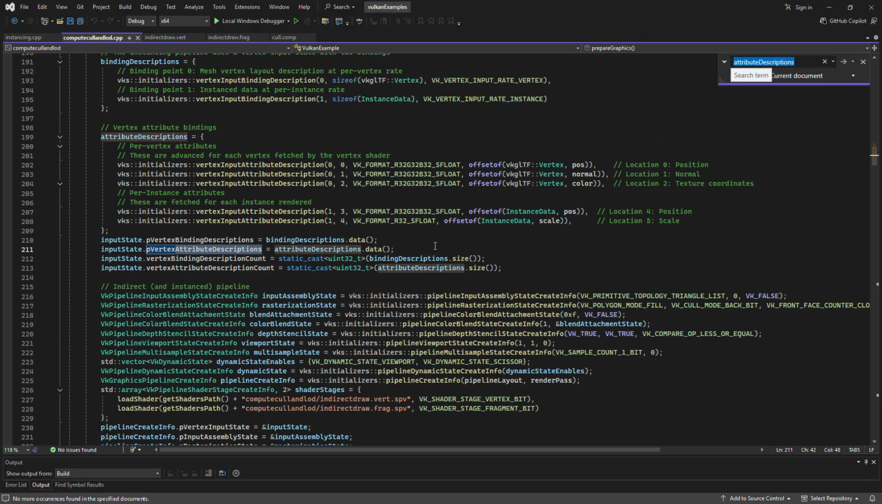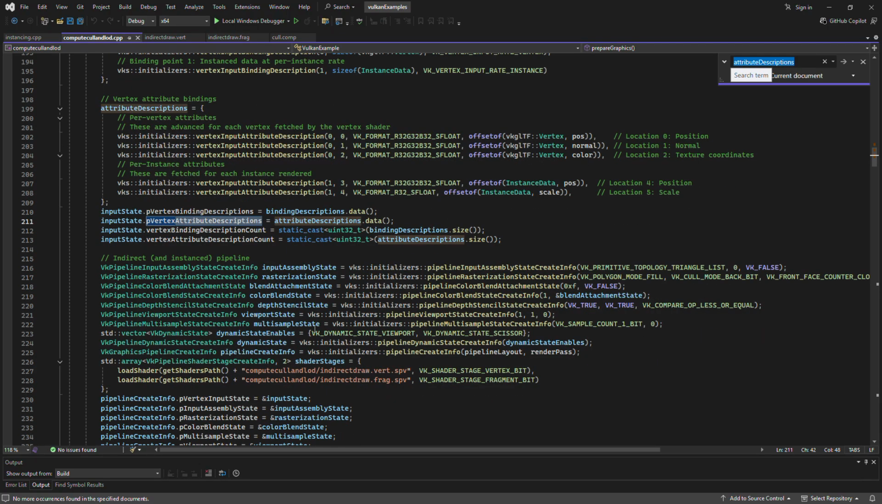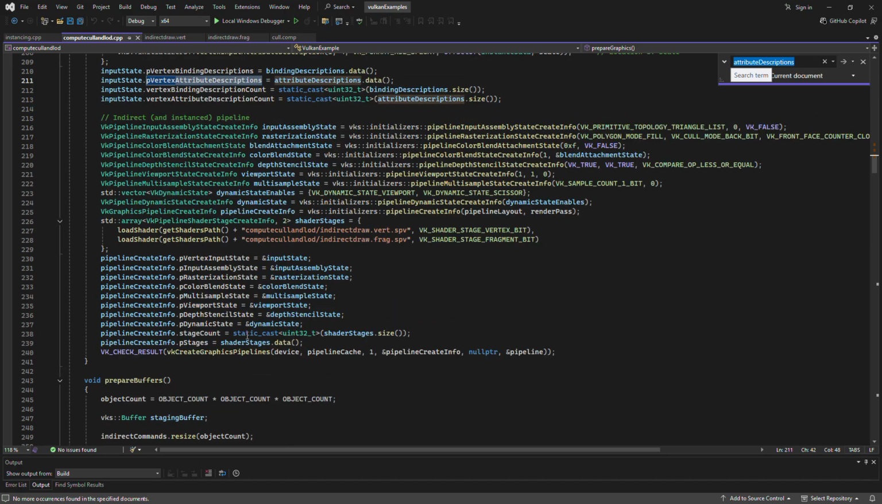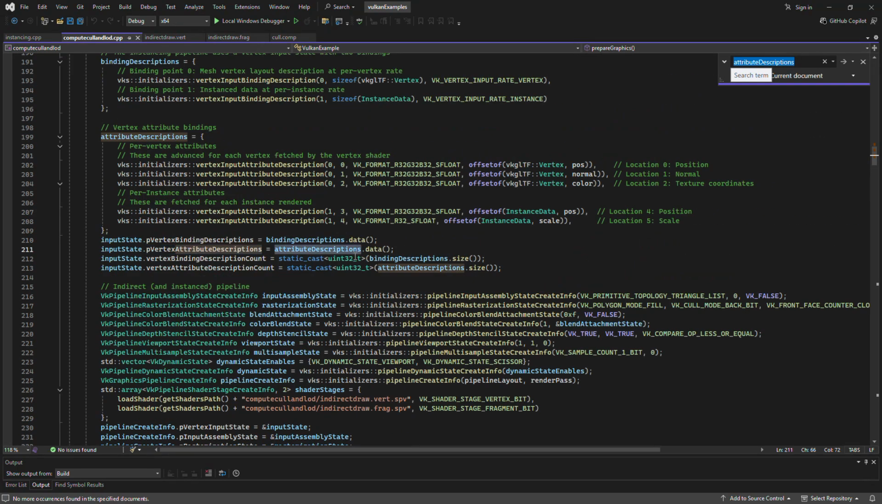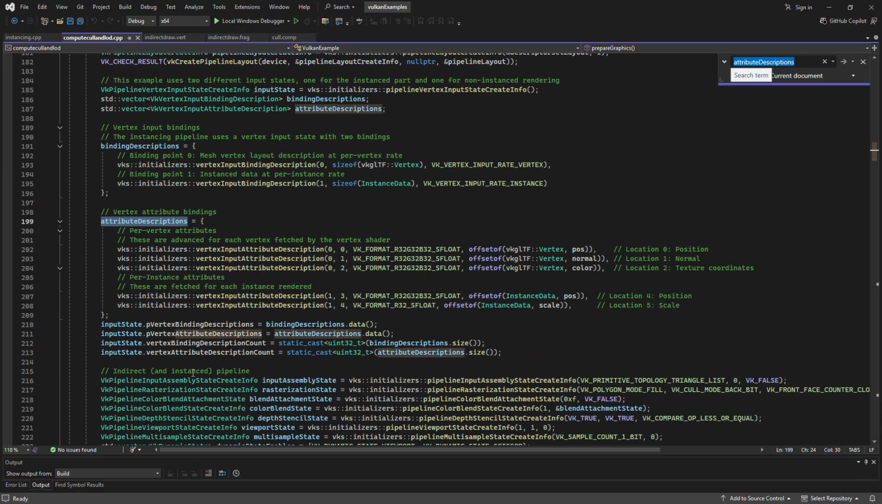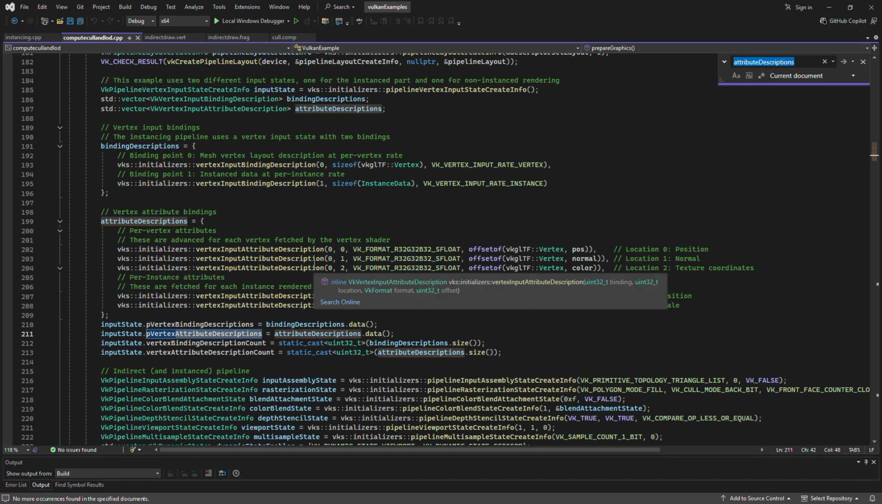Okay, right? So attribute descriptions, we're just handing over the data, and we're creating the graphics pipeline, which is a whole other discussion, right? But all right, so it's not too bad, guys. It's not too bad. We're initializing attribute descriptions, and then we're loading up data for attribute descriptions, and then